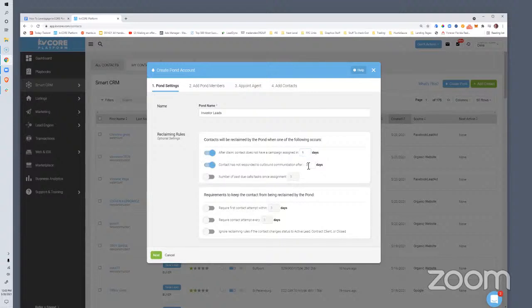If the contact has not responded to outbound communication after 1 day, we're going to take it back. If there's too many calls and number of past dues and tasks since assignment, we're going to take it back. So say there's 7 tasks that the agent has ignored for leads in this pond, we're going to take the lead back. And what that means is, it's kind of going back to the appointed agent, which I'll explain in a minute,